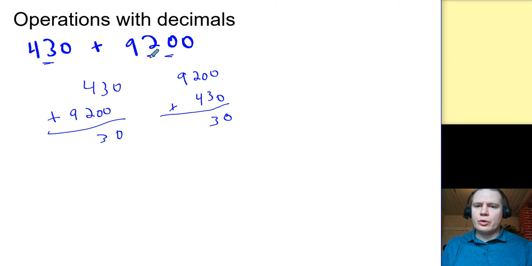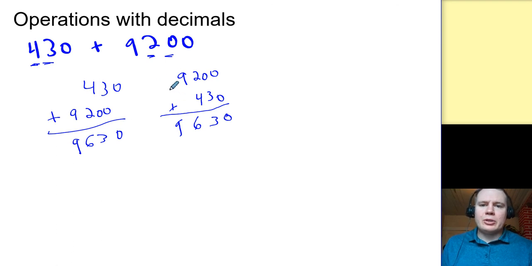I have 2 hundreds here and 4 hundreds here. 4 plus 2 is 6, so I have 6 hundreds total. And I have 9 thousands here. I don't have any thousand here. That's a 9. Now you probably could have worked through this faster than I did talking about it, but the